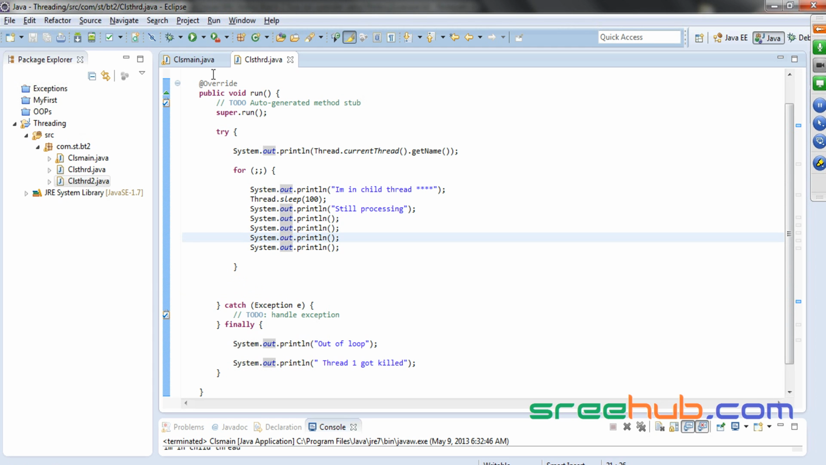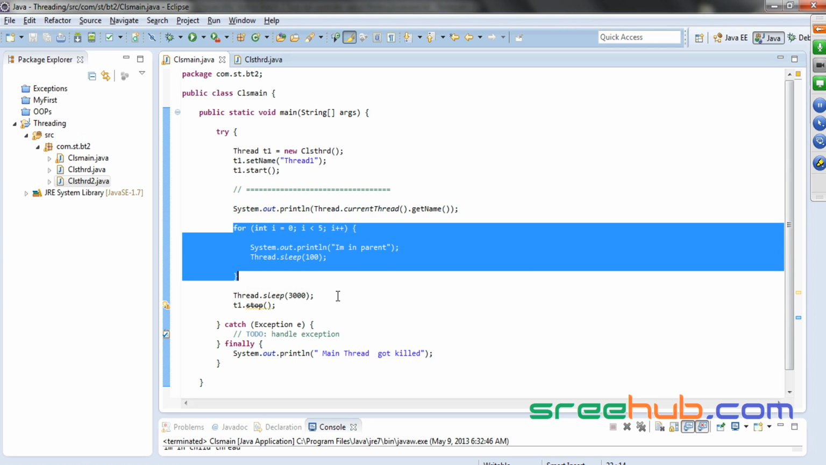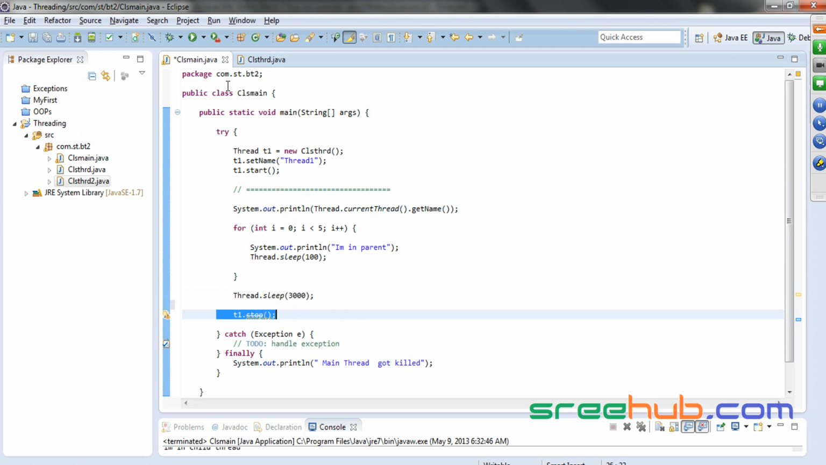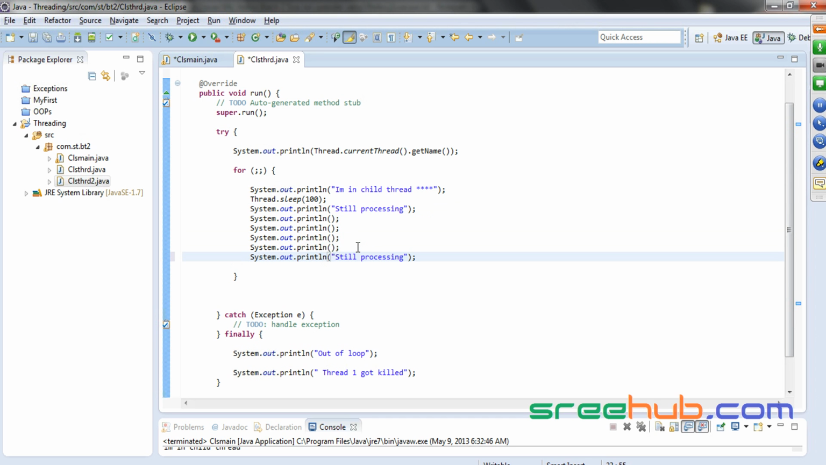Now, as of now, we are trying to kill the process from here, where I am using direct stop. I am trying to complete my execution, waiting for some 3000 milliseconds, and then I am saying t1.stop. When I say this, let us see what happens abruptly. So after these lines, let me just print something called still processing, some printed lines, and so on. Let me run this,